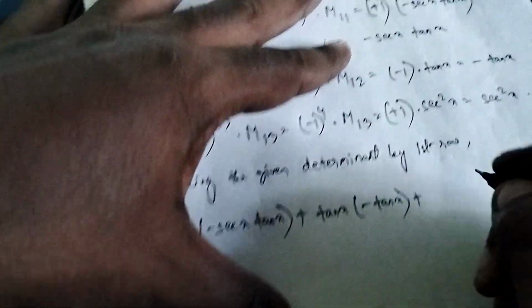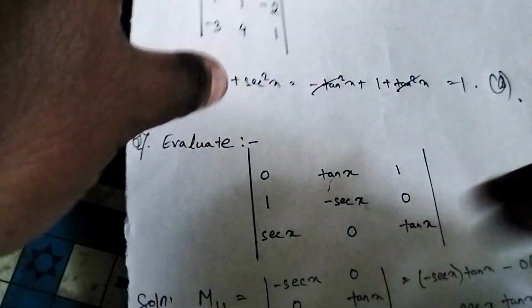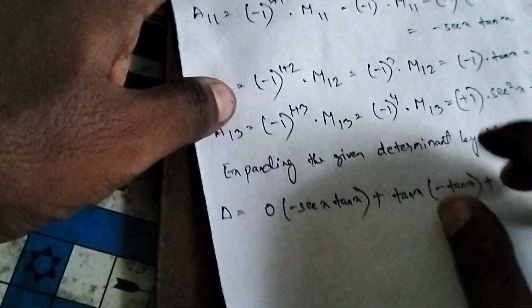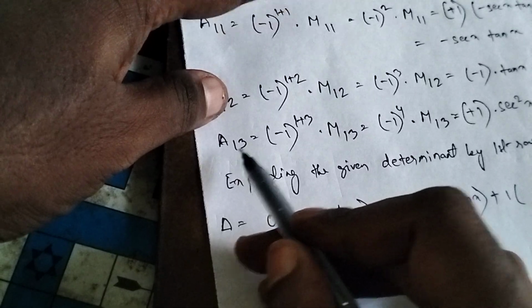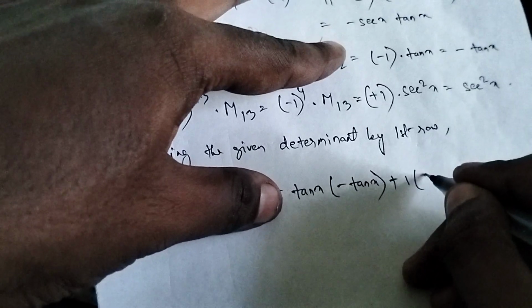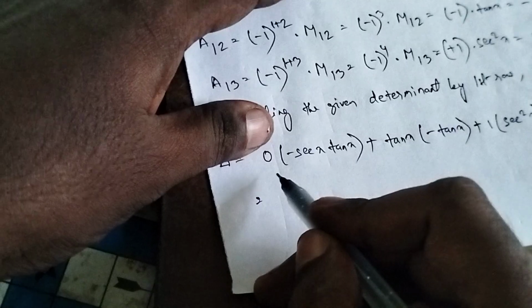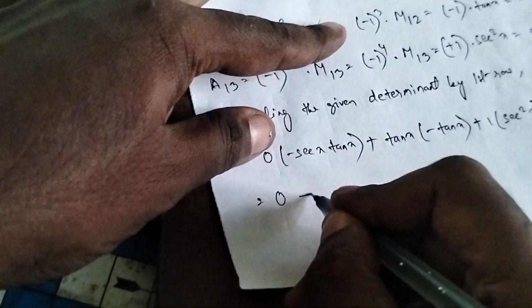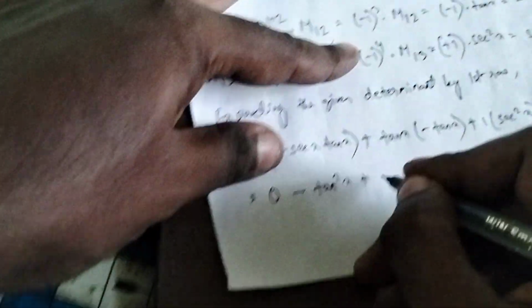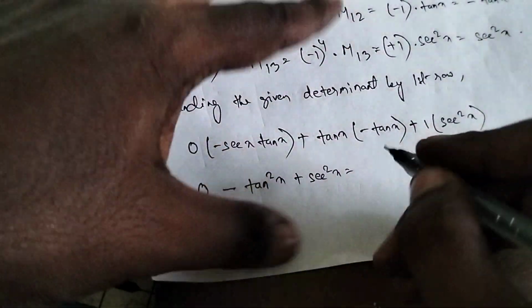then plus the third element of row 1 column 3, which is 1, into the cofactor of row 1 column 3, which was sec square x. So sec square x. So it will become 0 minus tan square x plus sec square x. Okay, so it will become minus tan square x,